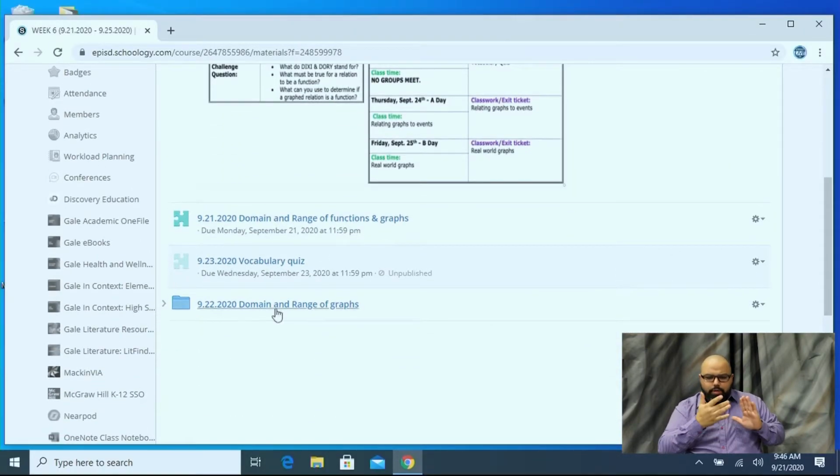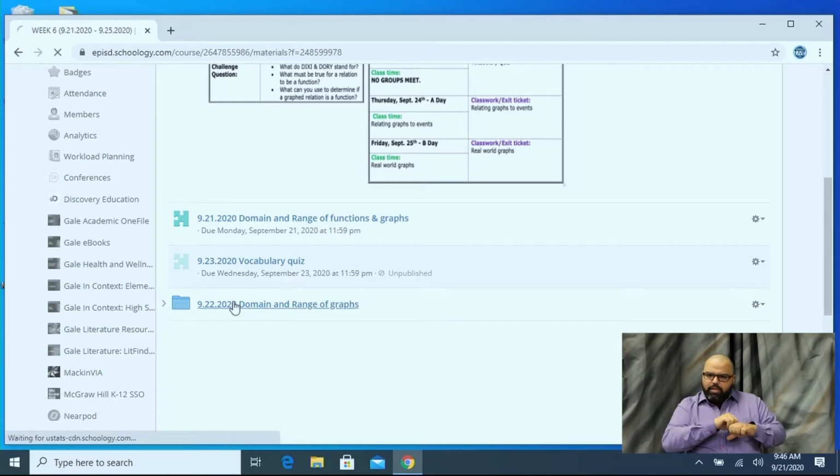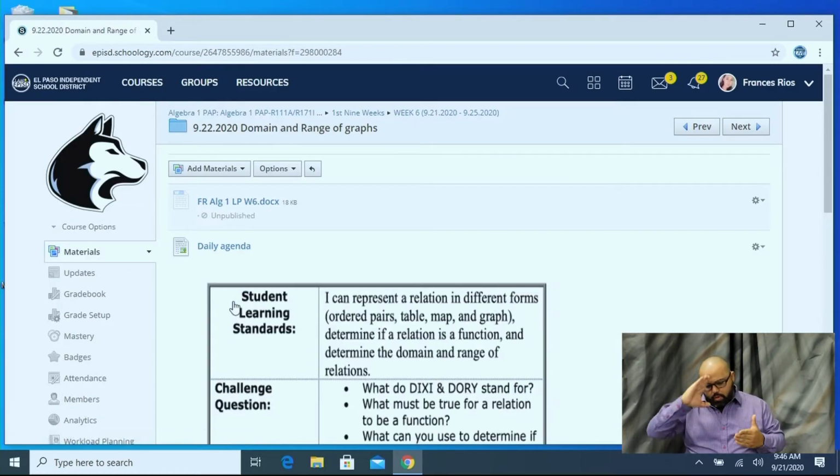The first thing that I would do, as soon as all my students get in, is we will reference the agenda that I have posted on Schoology. So I'm going to go through my Schoology. My folder for that assignment is labeled, so my students know exactly where we're at every single day. I tell them as long as you know what day we're in, then you can find what your assignment is for the day.